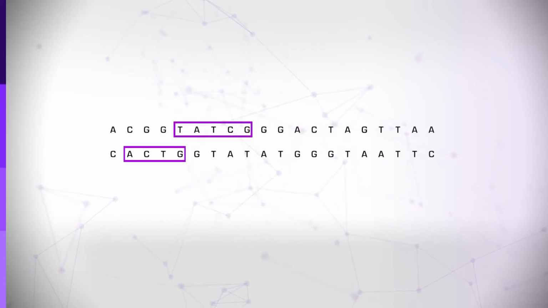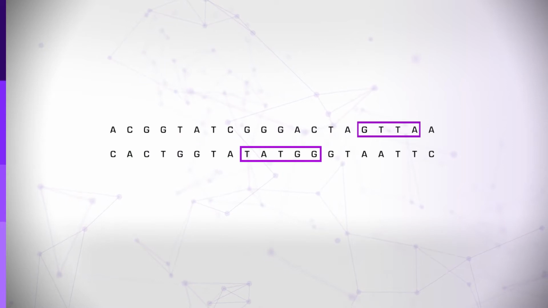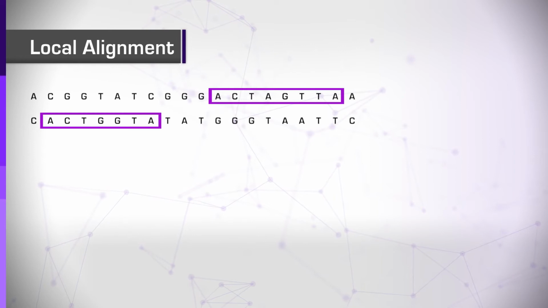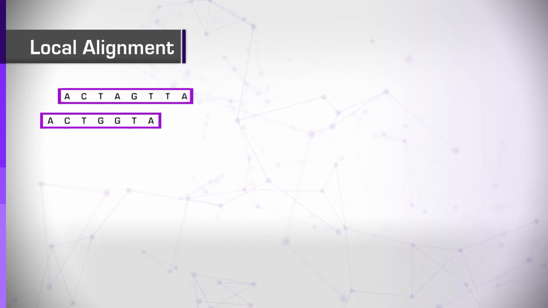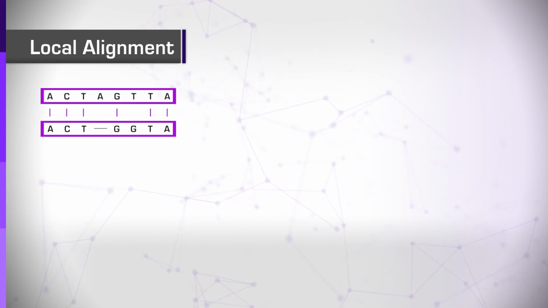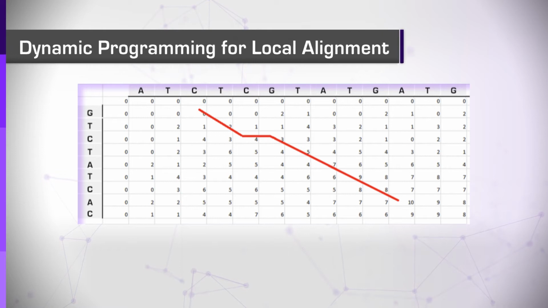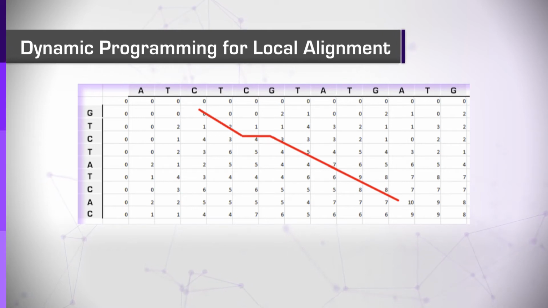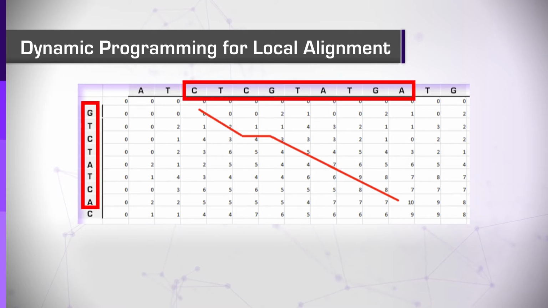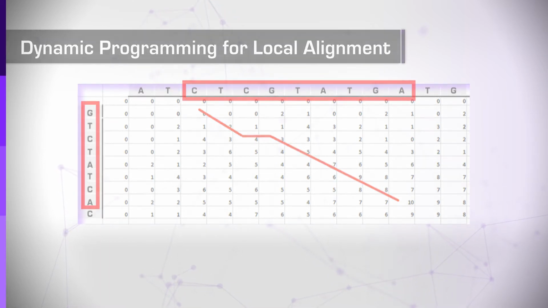This search may seem more complicated than our original one, since we need first to identify the segments that can be matched and only then align them. However, it turns out that a simple modification of the dynamic programming approach, such as avoiding negative values and looking for the maximal value in the entire matrix, can find the optimal local alignment between two sequences.